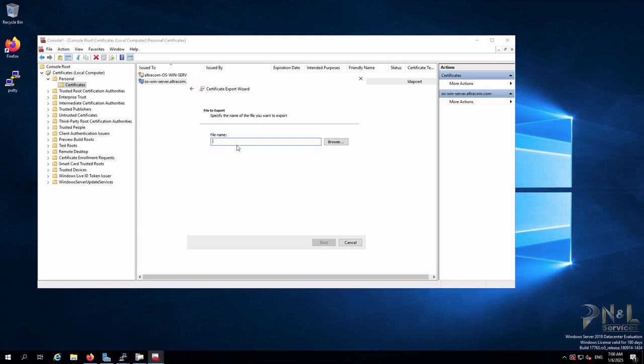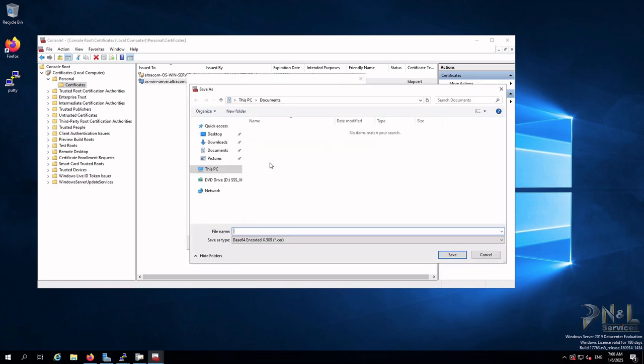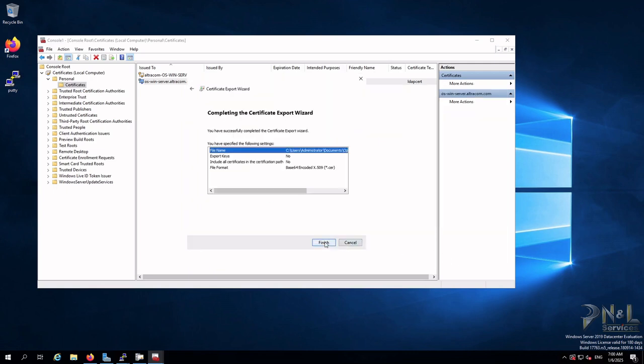And here we're going to give the certificate we want to export a name. So for me here, I'm going to go to documents and create a folder called Openstack, because this is where I'm going to be adding all the Openstack configuration files or whatever is needed for me to configure Openstack. So I'm going to type in Openstack/LDAP cert. And we click save, click next, and click on finish. And we are done